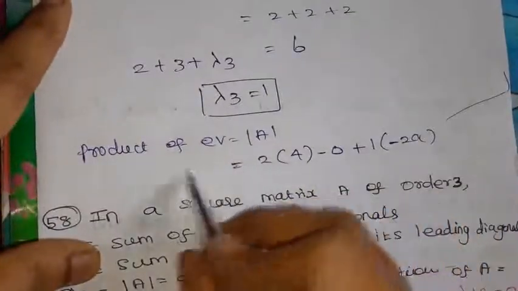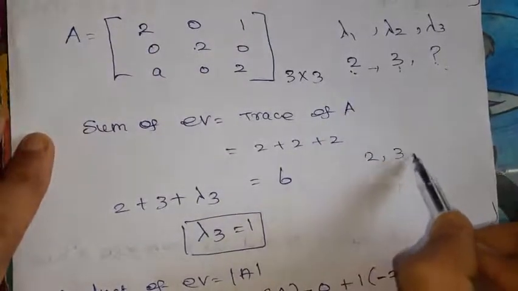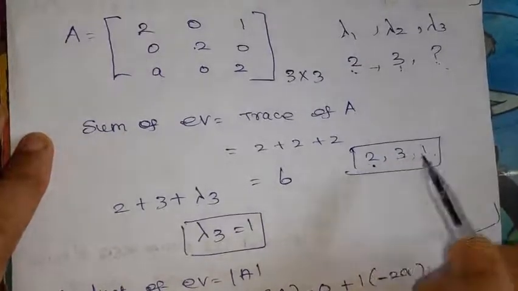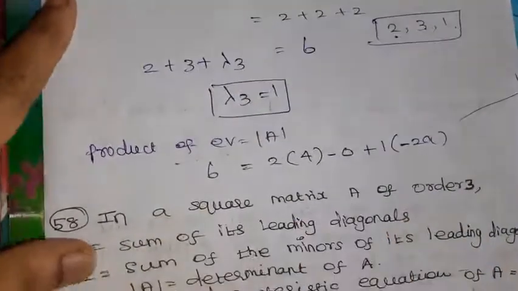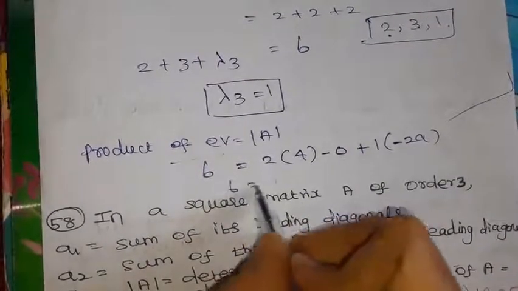So this one equals the product of eigenvalues. The eigenvalues for the given matrix are 2, 3, 1. What is the product? 6. That should be equal to 6. Then the determinant is 8, so 6 equals 8